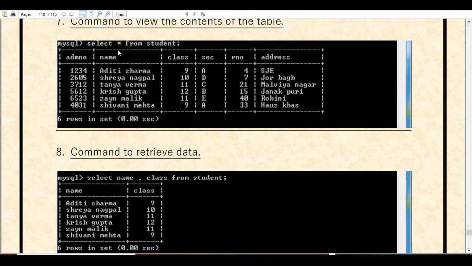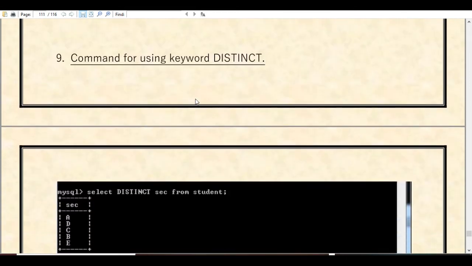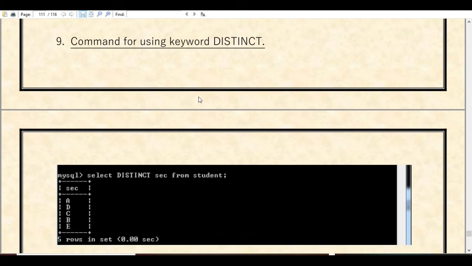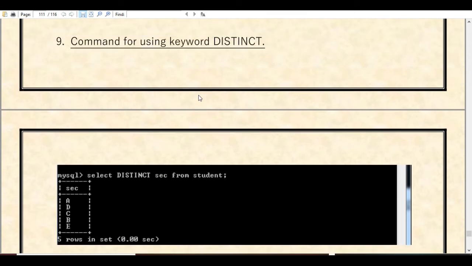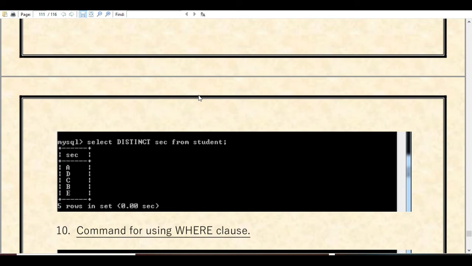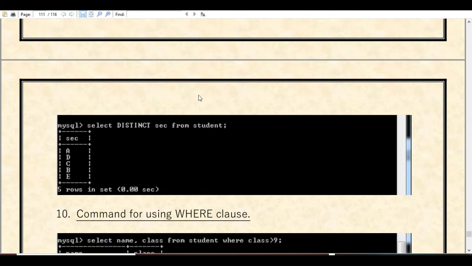I hope you understood. Next command is to display distinct data. We use the keyword distinct, so only those values which are distinct will be displayed. Similar values are neglected and will not be displayed.